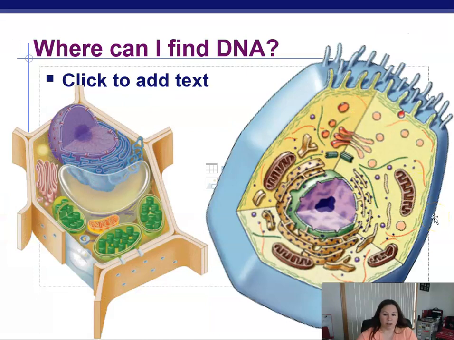At least in eukaryotes, we can find it in the nucleus of our cells. So here's a nucleus of an animal cell. It's inside there. And the nucleus of a plant cell. And then, of course, we haven't talked about this yet, but in eukaryotic cells, the mitochondria and the chloroplasts actually